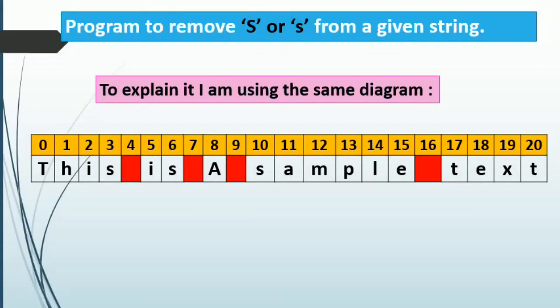Let us discuss the same question, to remove capital S or small s from a string, with the diagram step by step. So I'm going to show you on the screen. There is the string, everything is written in the boxes, index is already given. I'm going to show you three methods using for in, for range and while loop, all the three methods step by step. So first, we move to the next page.